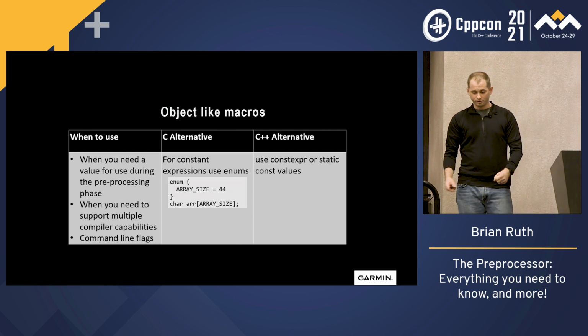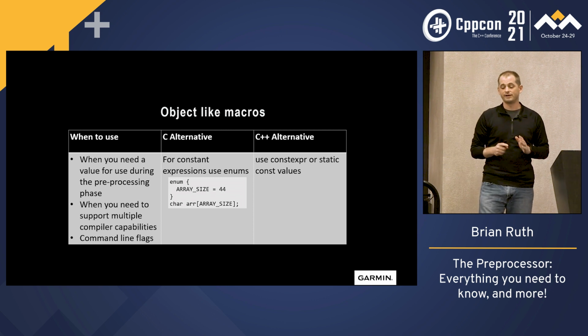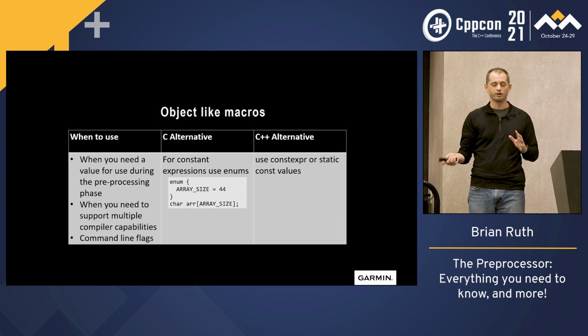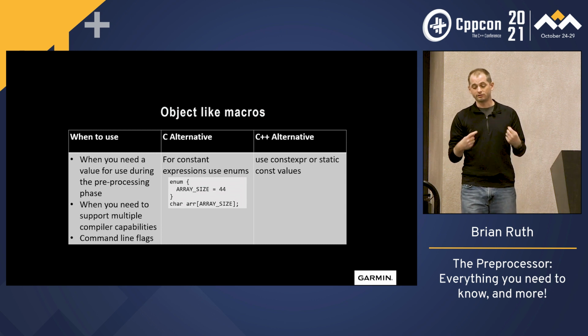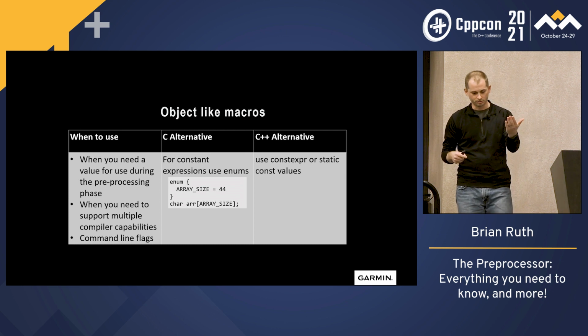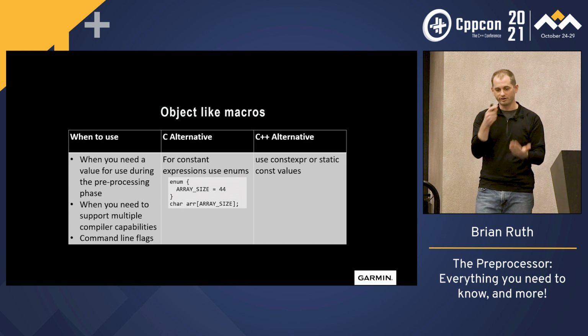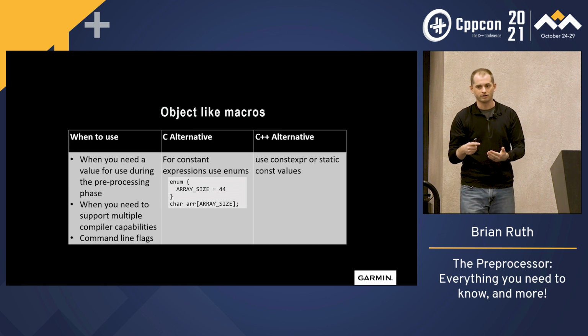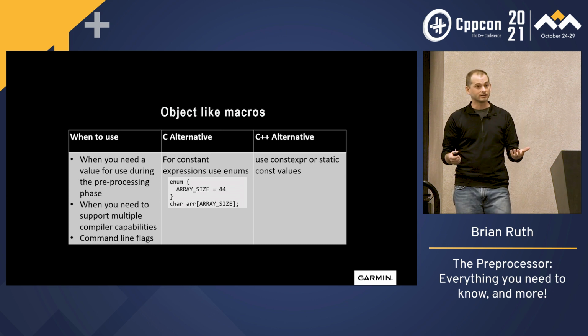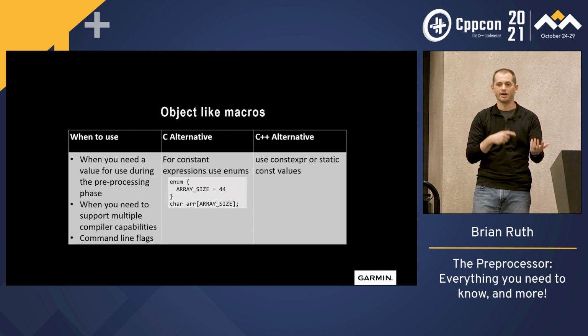So object-like macros, when to use them? When you need to use a value during the pre-processing phase. Again, variables and things that your compiler knows are not available then. When you need to support multiple compiler capabilities. So if you have to make some code that compiles for 2 different versions of a compiler, one may support constexpr, one may not. So that type of thing. And then command line flags, if you want to pass in flags on the command line that can adjust how